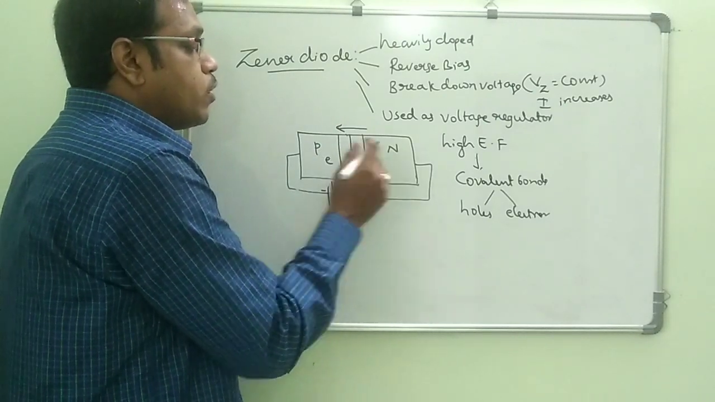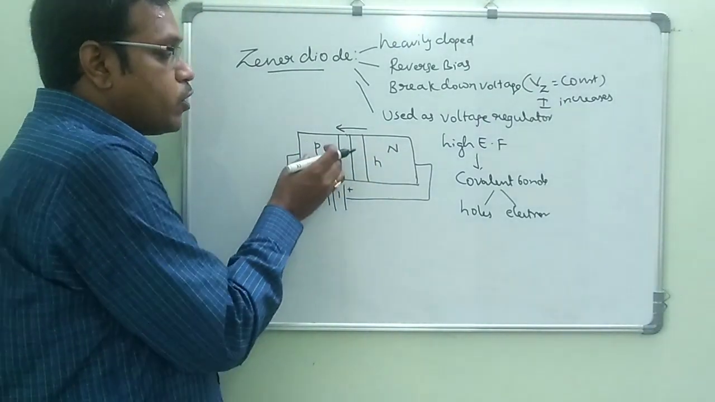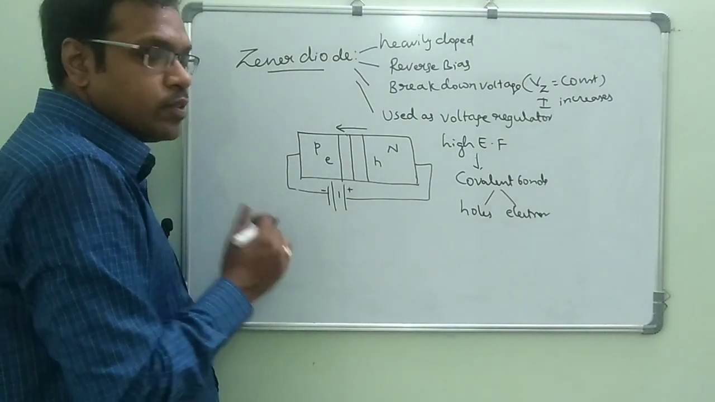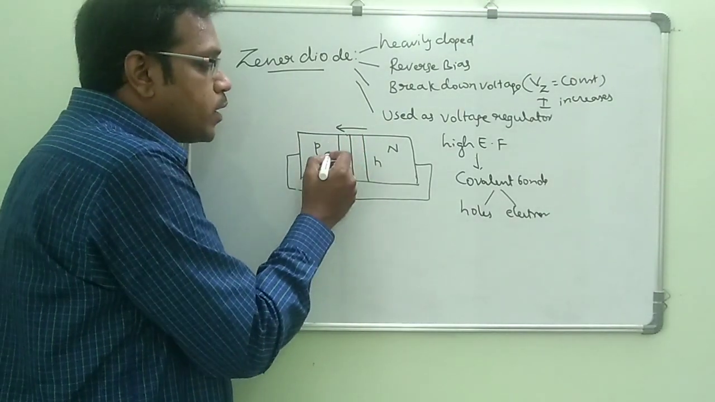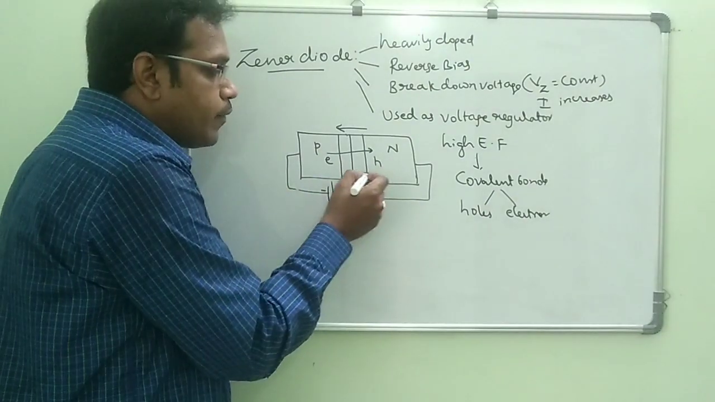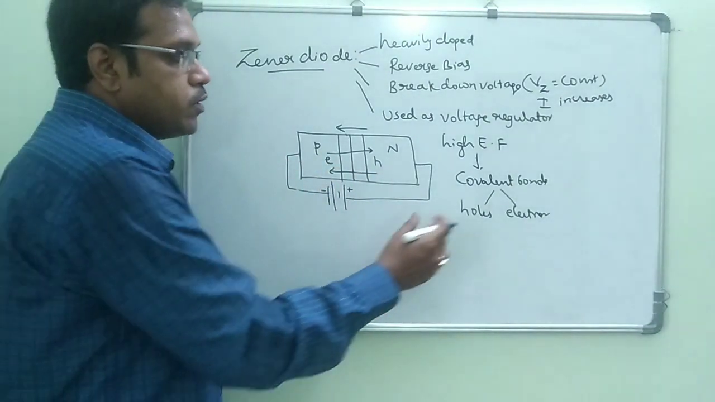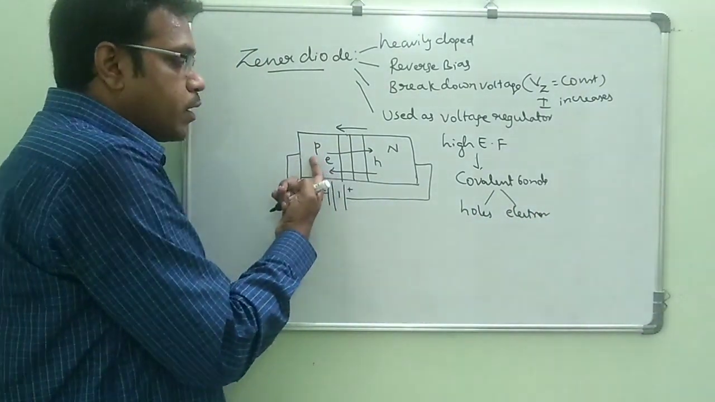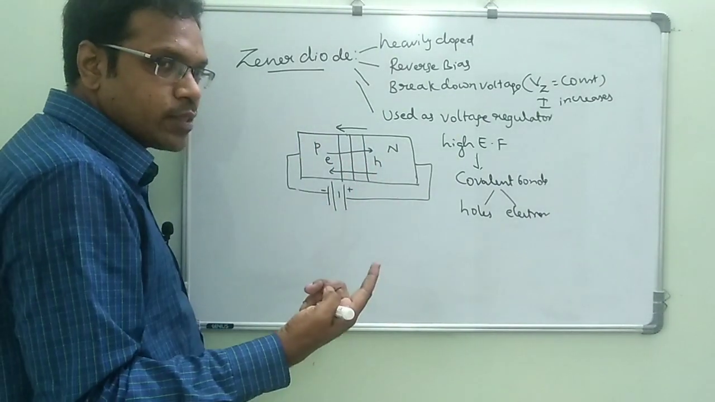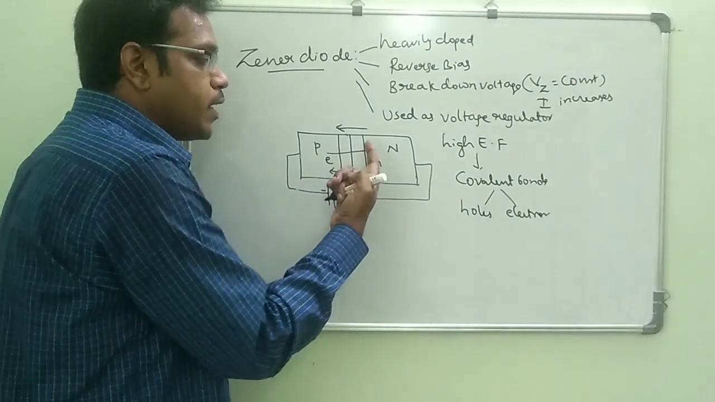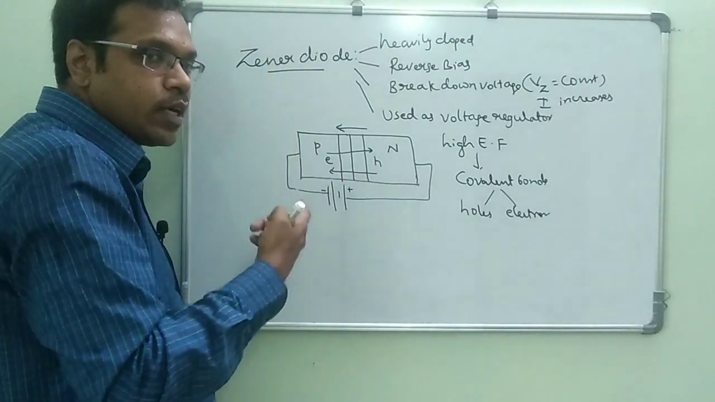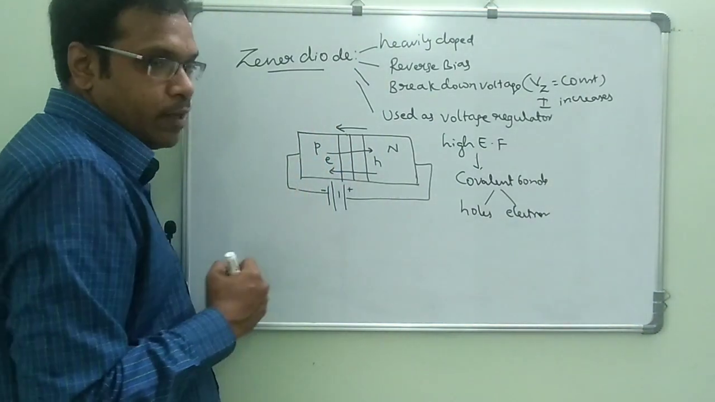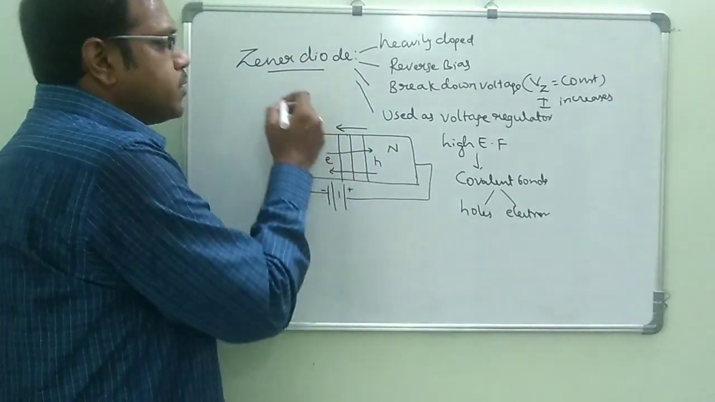In the P side the minority charge carriers are electrons, and in the N side the minority charge carriers are holes. With this electric field, the electrons travel in one direction and the holes travel in the other. That is called drift current, which we already studied. So the minority charge carriers give you drift current, and the maximum amount of current will come. Now, if you see the symbol of this one,